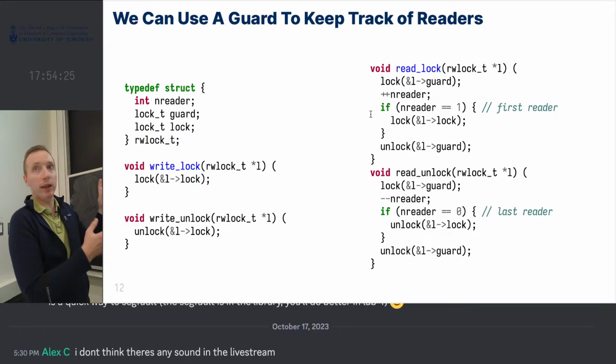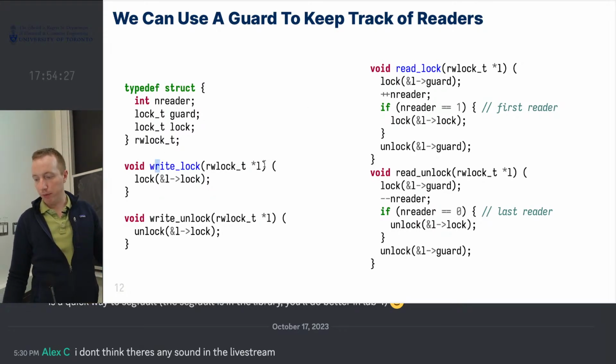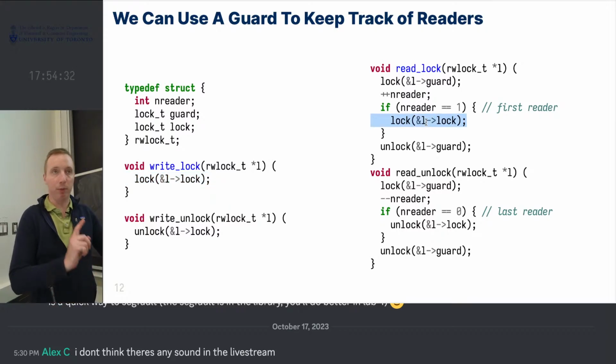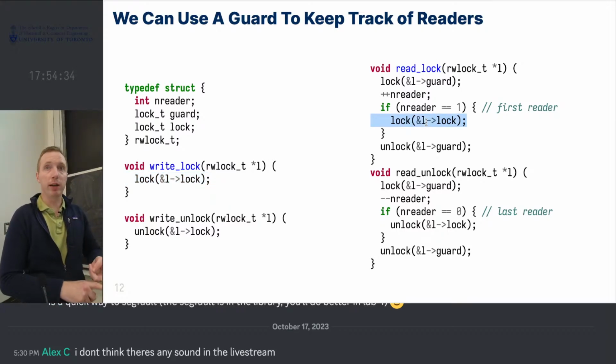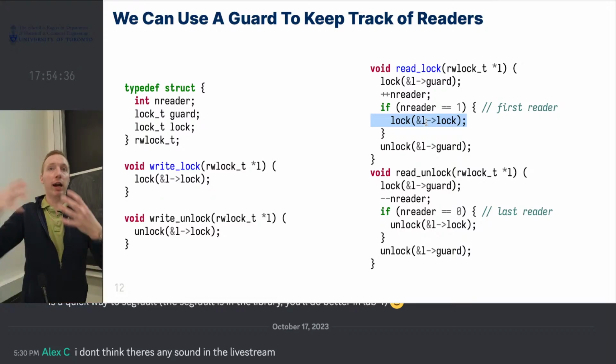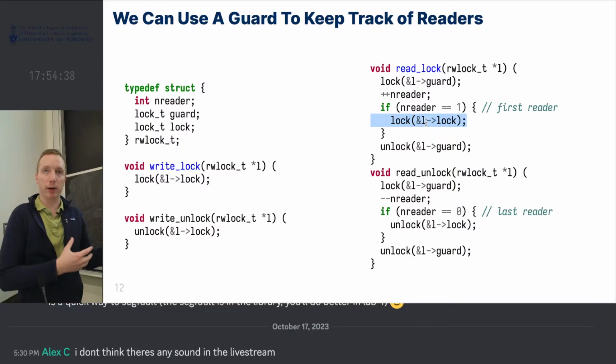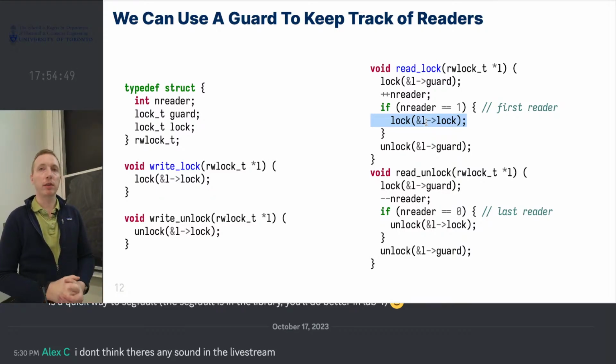Because I'm using the same mutex here for the write lock and the read lock, I'll either have a bunch of readers or one writer, and that's it, which is safe, right? I can have as many threads reading as I want, but I should only have one thread writing. Sorry, for example, if you're already reading this block and then